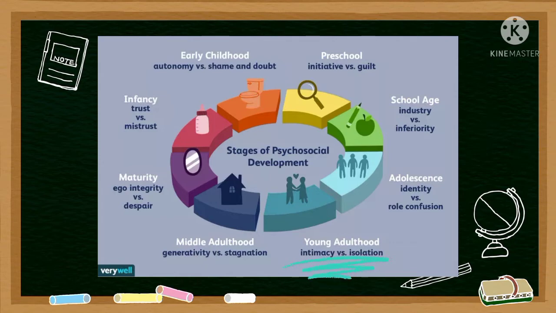Young adults need to form intimate, loving relationships with other people. Success leads to strong relationships, while failure results in loneliness and isolation. The seventh one is generativity versus stagnation. Adults need to create or nurture things that will outlast them, often by having children or creating a positive change